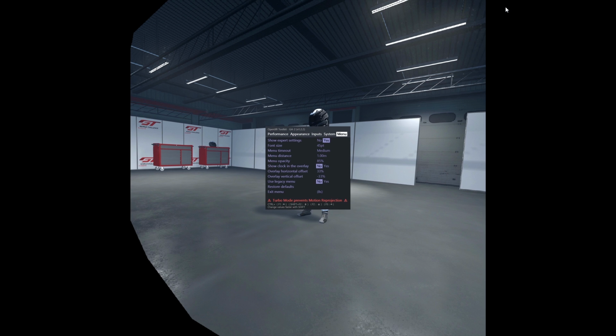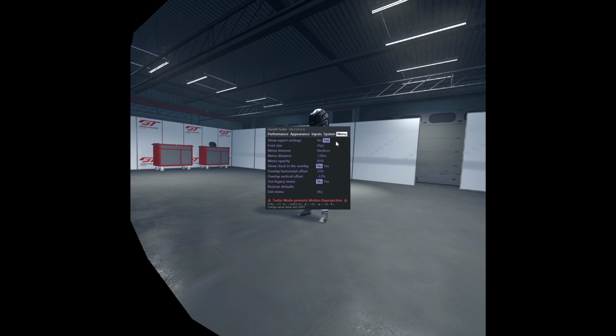So our next section of our video relates to the configuration of the OpenXR toolkit itself. I'm using here the latest version, 1.2.2. And first thing we do once we tapped into the configuration by pressing Ctrl F2 in-game is to go to the menu and activate the Show Expert Settings option by setting it to yes. So this one is really important as it allows us to get full access to all the configuration options within OpenXR Toolkit.